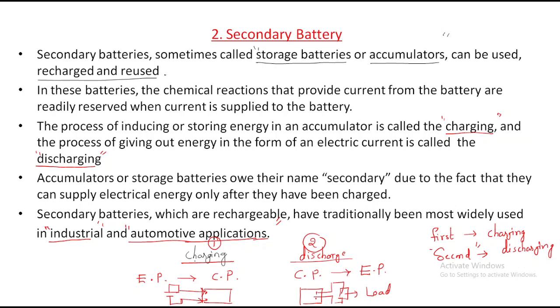For example, in our homes we are using a simple inverter. When the mains power is there, it stores energy in chemical form in the liquid. After that, when the supply is off, this chemical energy is supplied as electrical power to the home. Why is it called an inverter? It stores in the form of DC, and DC is converted into AC. That's why it is called an inverter.